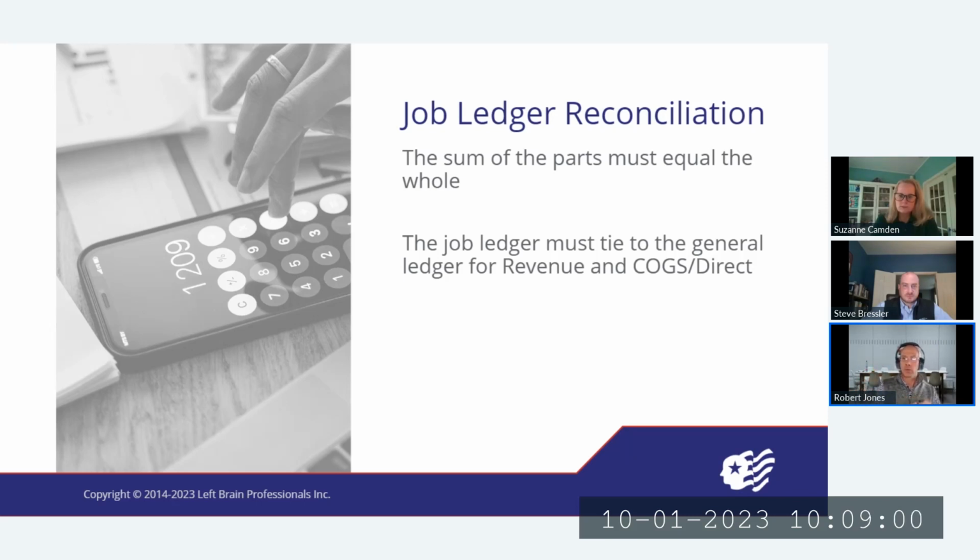That way, when we get to completing Schedule H of the incurred cost proposal, we know that when we list out all of the jobs, and we list out labor, material, travel, ODCs, and subcontractors by job, when I get to the bottom of that column, whatever my total direct labor is on Schedule H, which would be my total direct labor for all of my jobs, should equal my direct labor in the general ledger. Now, some of you might say, well, shouldn't it always do that? And my argument is, yes, it should.